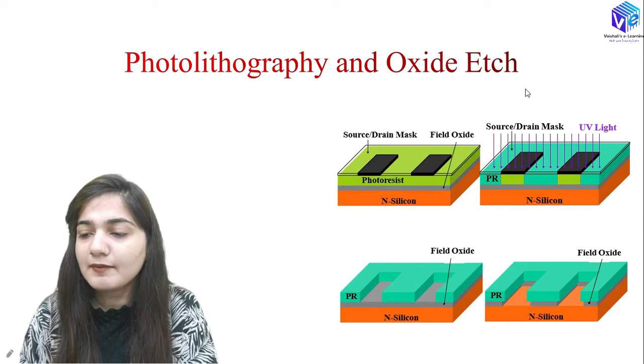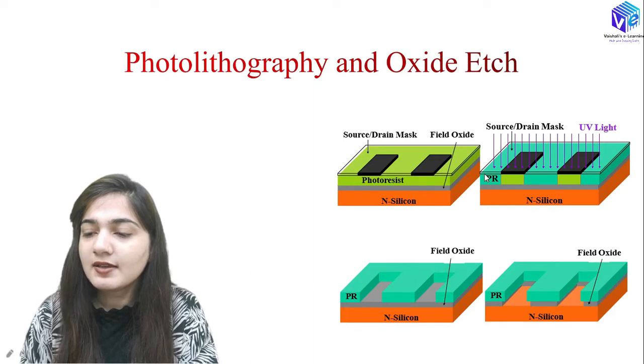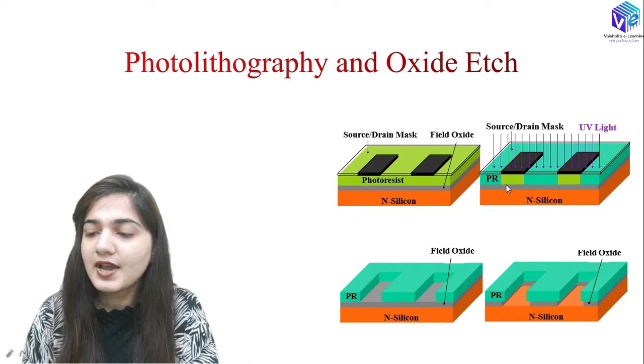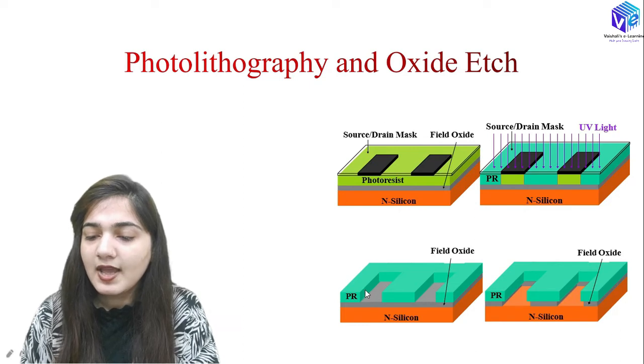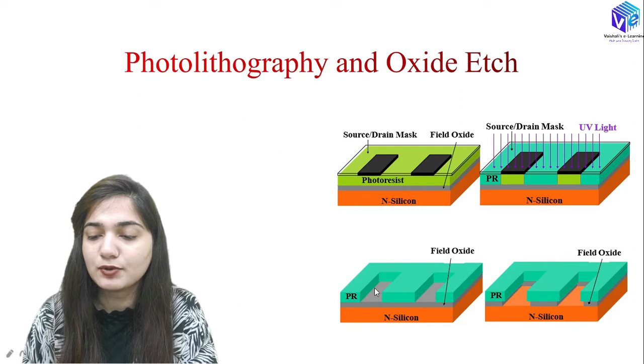After the alignment, I am going to the exposure phase, where I am going to expose this photoresist with the UV light, and you can see wherever the UV light is present the photoresist is becoming harder, and this is how we are going to etch out the softer layer of the photoresist. So here and here the photoresist is etched out, and here you can see we have the exposed SiO2 layer, right?